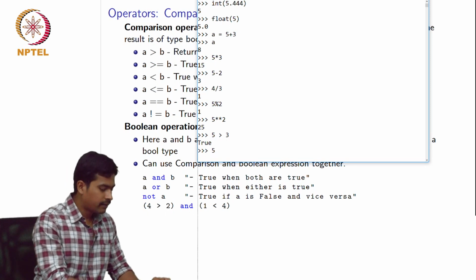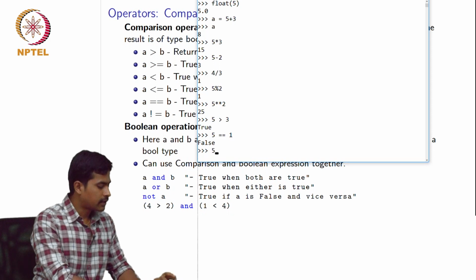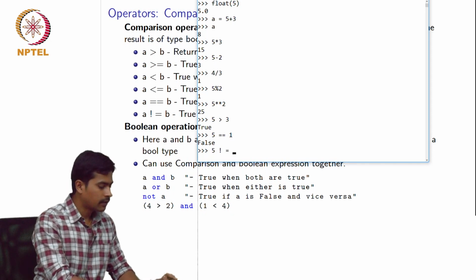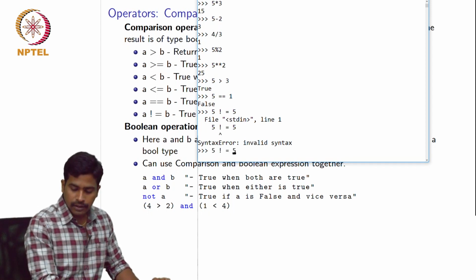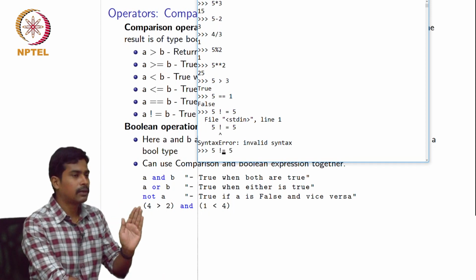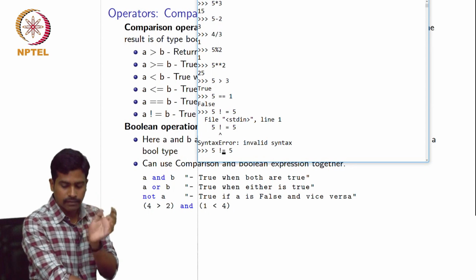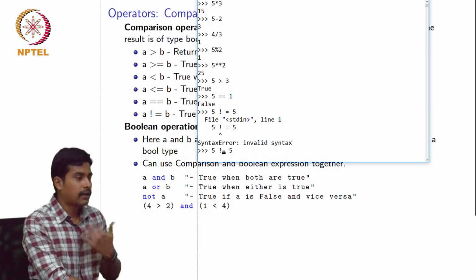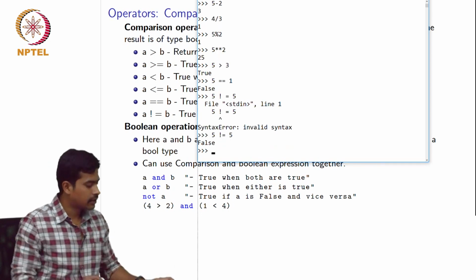We can say 5 is equal to 1, which is false. We can also say 5 not equals to 5. Yeah, there is a syntax error, because there should not be any space in between the not equals to symbol and equals to. They should be next to each other. Since 5 not equals to 5 is incorrect, we are getting the value false.